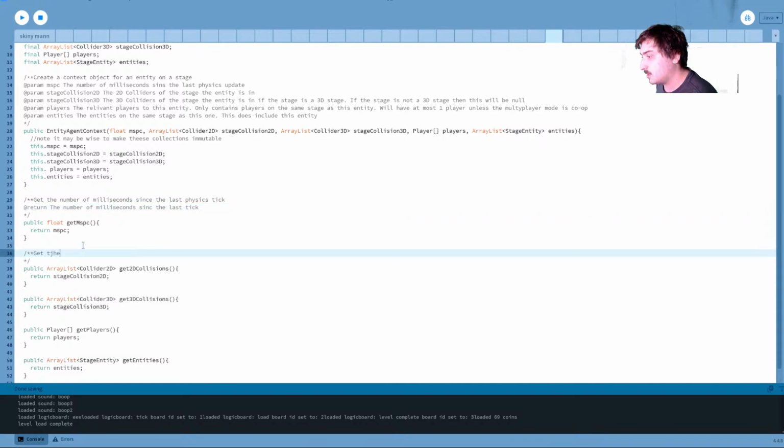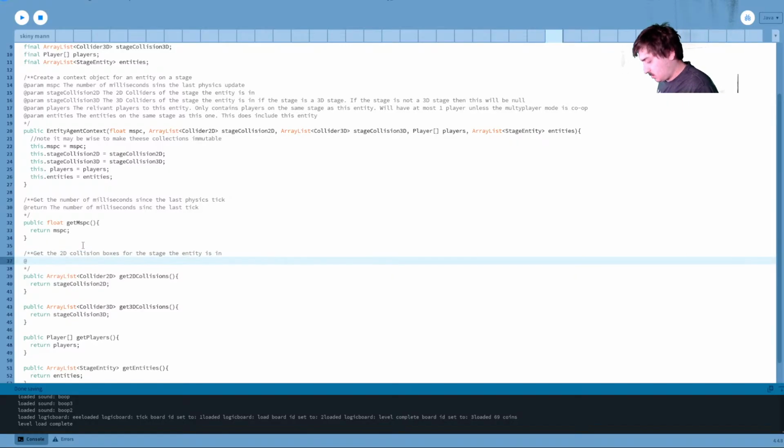Get the 2D collision boxes for the stage in the 2D stage.